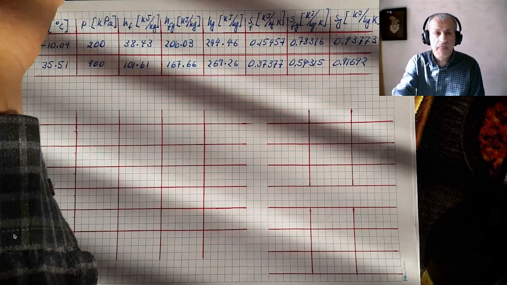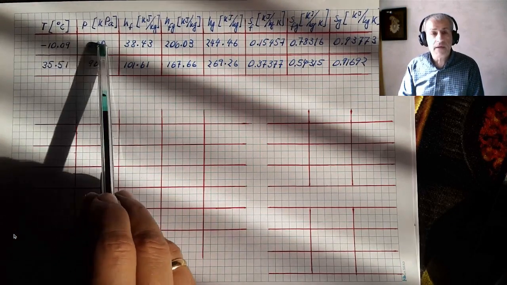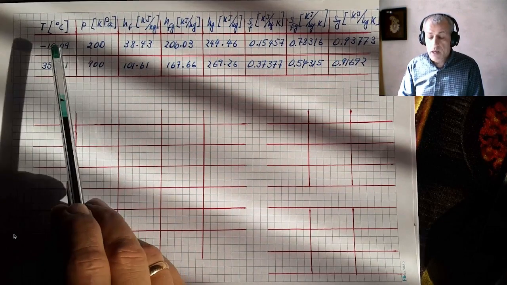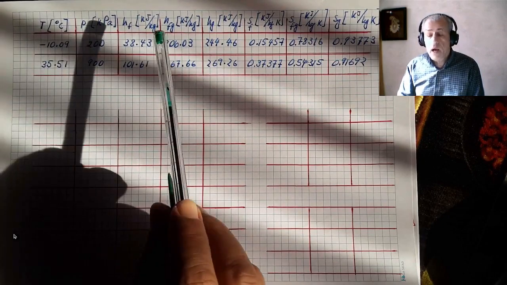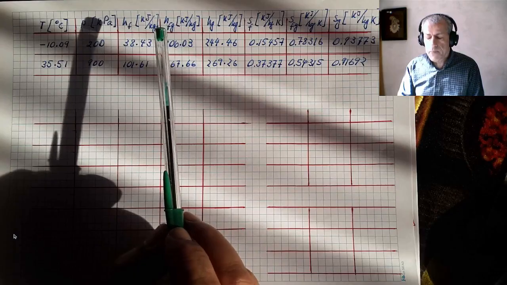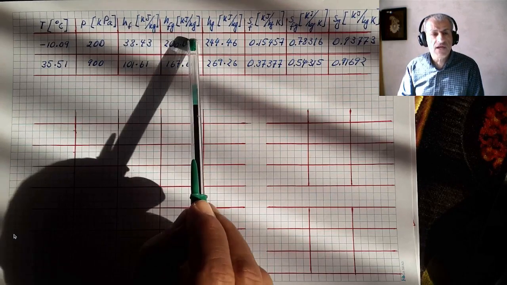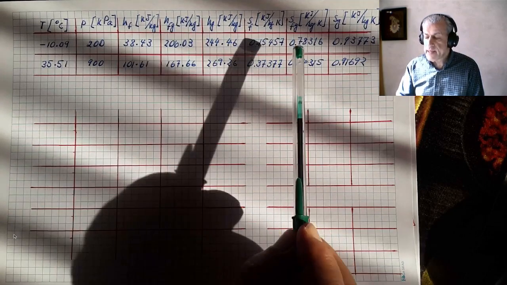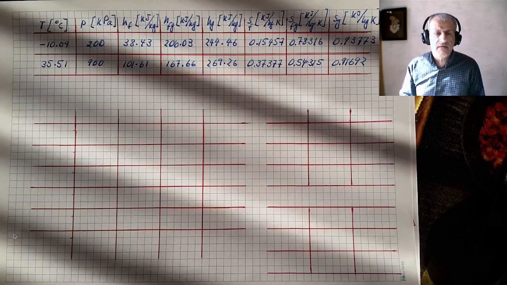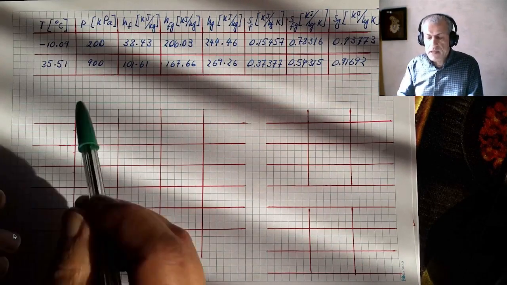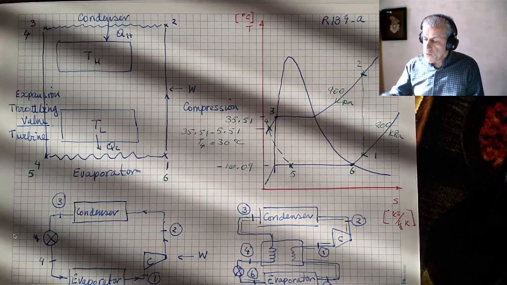What I need are the two pressures, evaporator pressure and condenser pressure, their saturation temperatures, and also, for refrigeration problems, what we need is HF, HFG, HG, and SF, SFG, and SG. We need all these values here, which basically what I have copied here are all the information for this